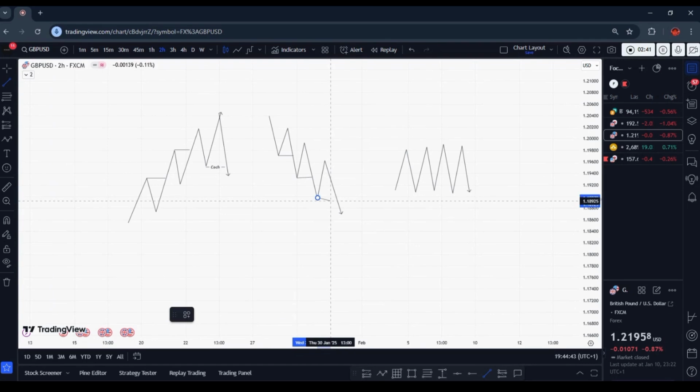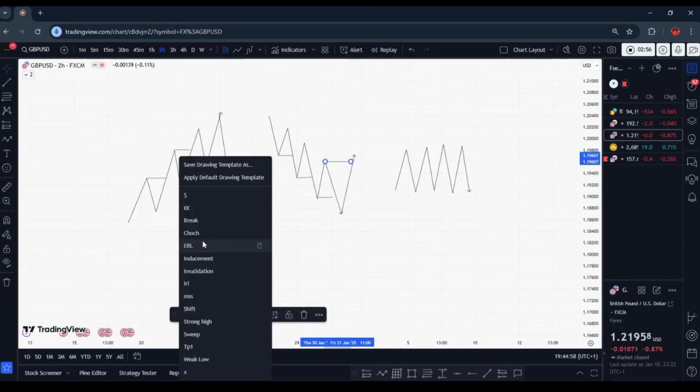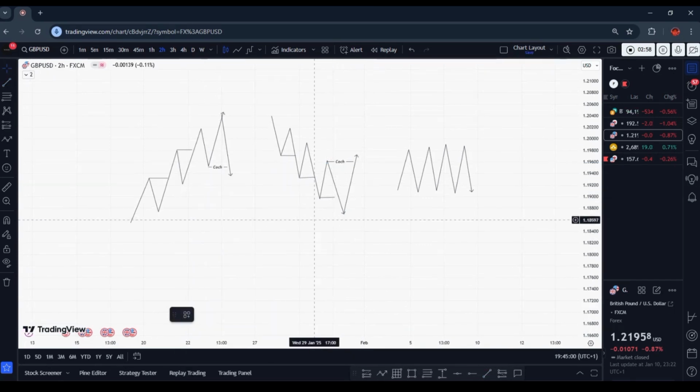So likewise, for anything that's going to happen here, if we have any sign of the market breaking the strong high here, since it's in the downtrend, we can call it a change of character at this point. So that is how to mark out structure, and how to present yourself in a form that you get it right.